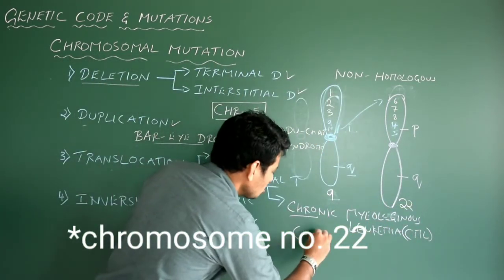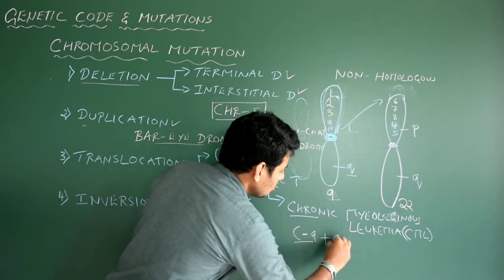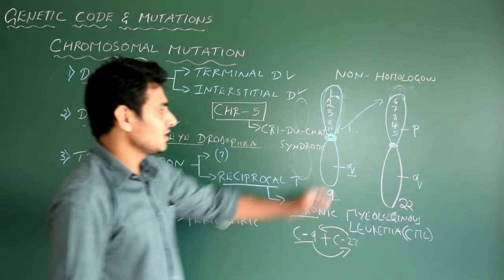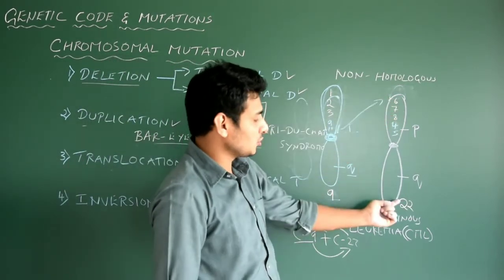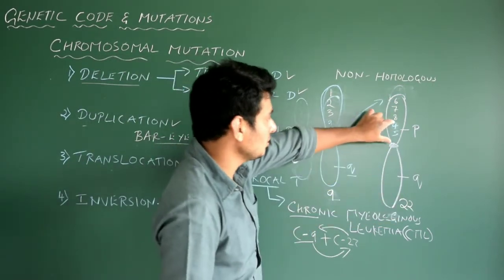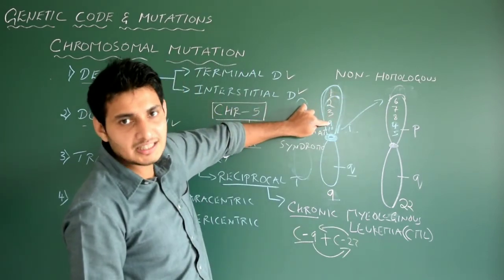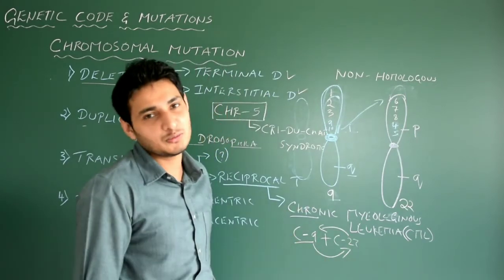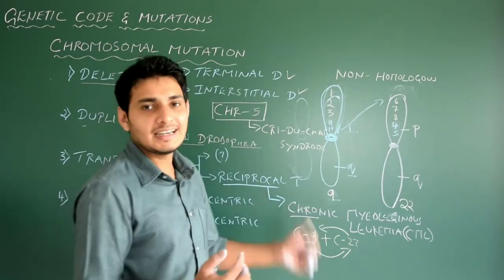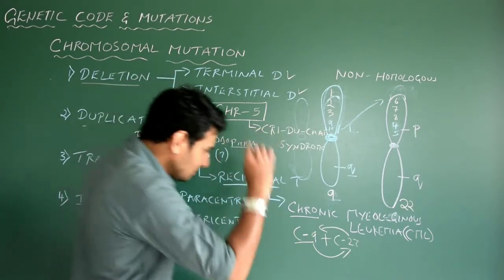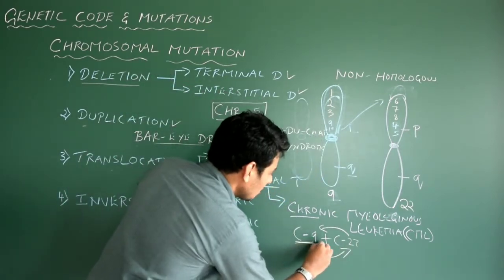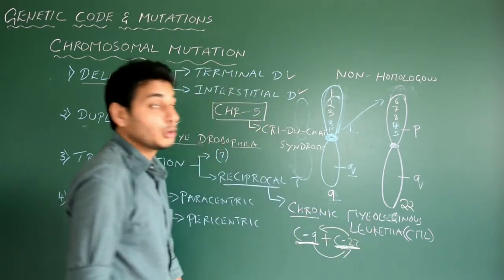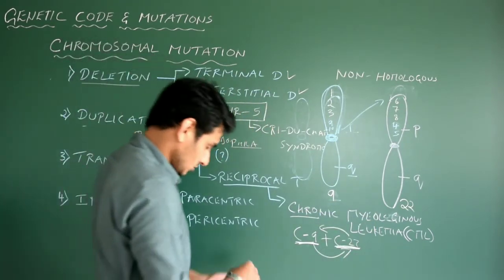Okay, so chromosome number 9 and chromosome number 22, what's happening? The reciprocal translocation is happening. That means the segment which is now present within the 22nd chromosome is shifting to the 9th chromosome, and the segment of the 9th chromosome is shifting to the 22nd chromosome. So equal sharing of the chromatid is taking place. This is abnormal, so please remember, chromosome number 9 and chromosome number 22 lead to chronic myelogenous leukemia, which is nothing but blood cancer, very dangerous.